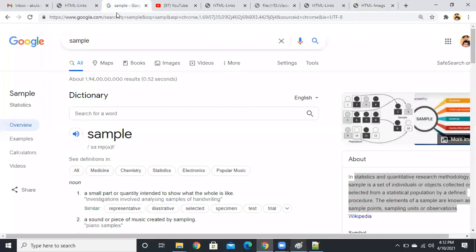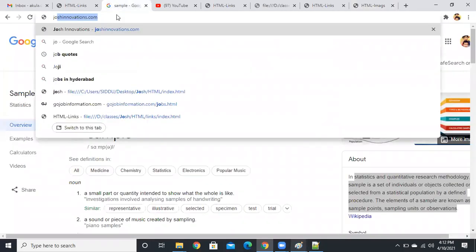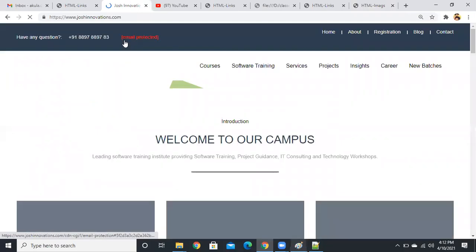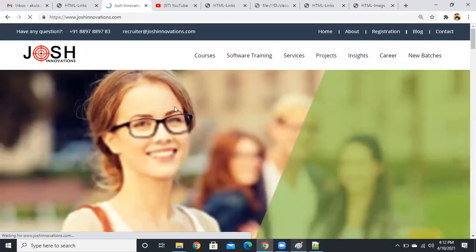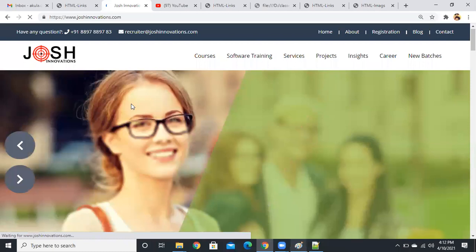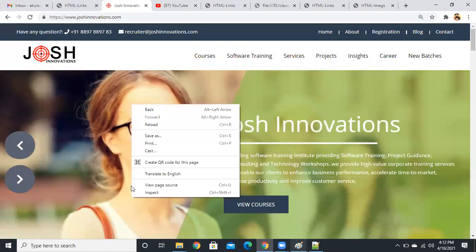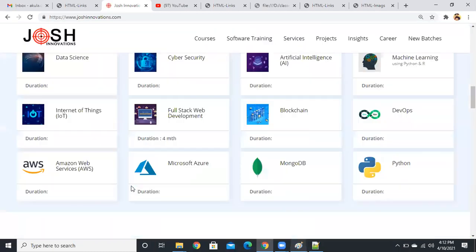Suppose I open the Innovate website. This is our website, right? I want this image, so I right click on it. It's a slider, right? Okay, no problem.